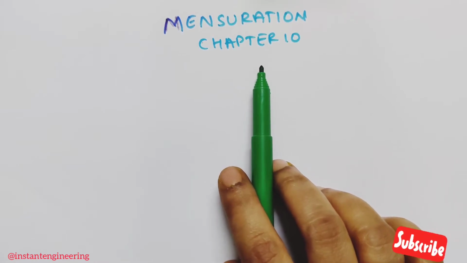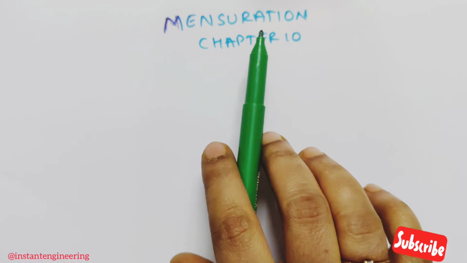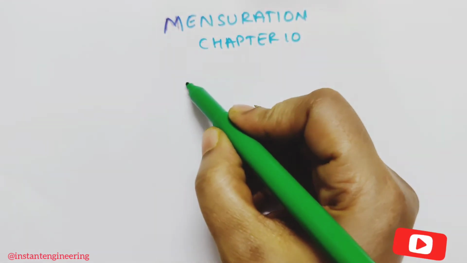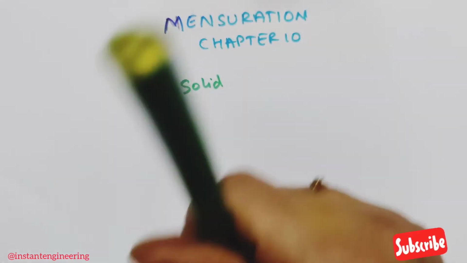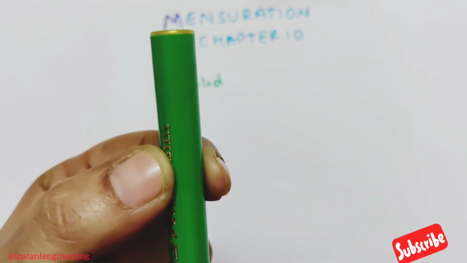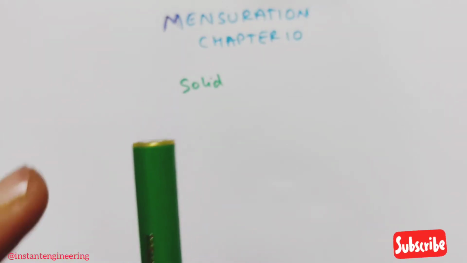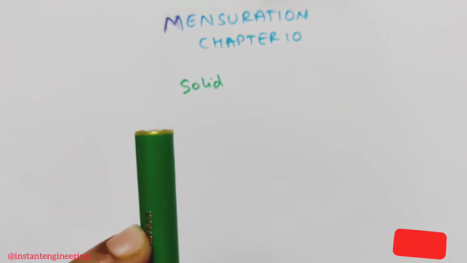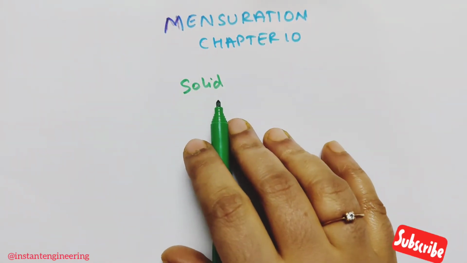Generally, if you want to find the area of any solid object, we will be using mensuration. If there is a solid object, your phone or your pen or anything, you first find its shape. If it is in a cylinder shape, then you have to apply the cylinder lateral surface area, and you'll know the area formula for this.